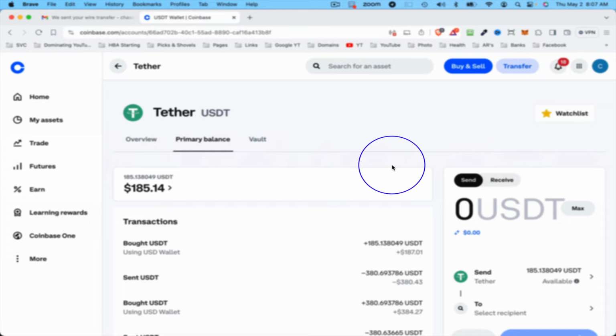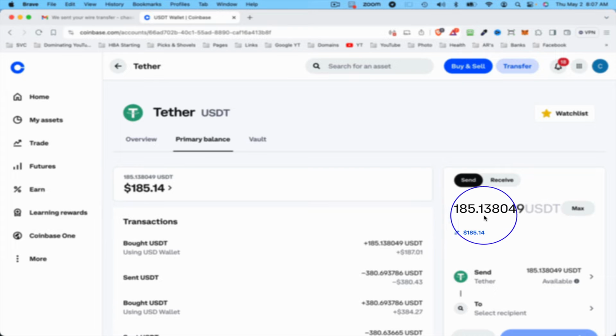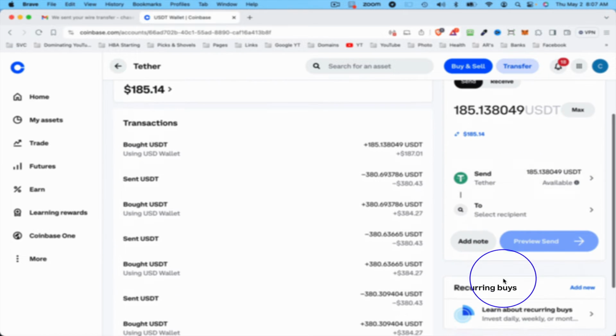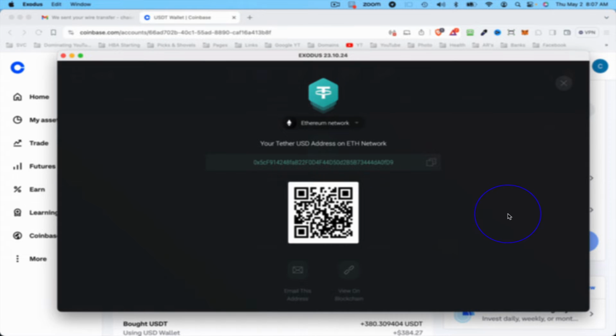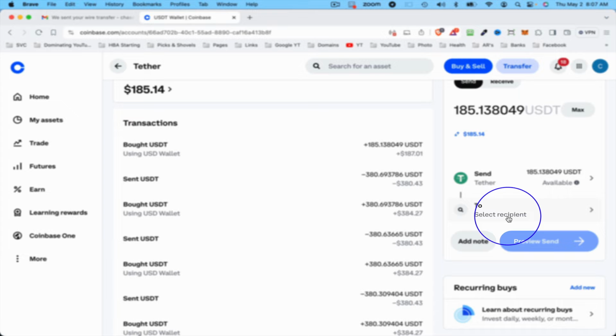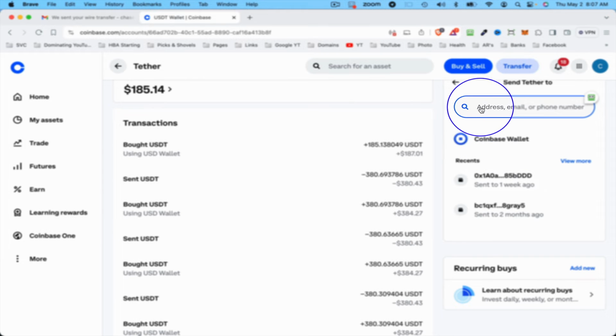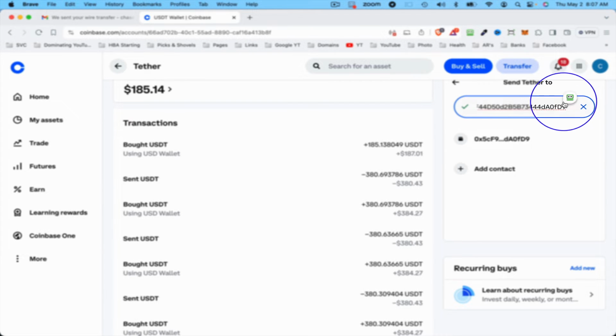Switch back to Coinbase. And what I'm going to do is send the maximum of my Tether. I have 185.14. So I'm going to send the max. Okay, it rounds it up, of course. And I'm going to send Tether, and I want to send it to my Exodus wallet. So I'm going to paste here, and I'll paste in the address. Remember, the last 4 digits were